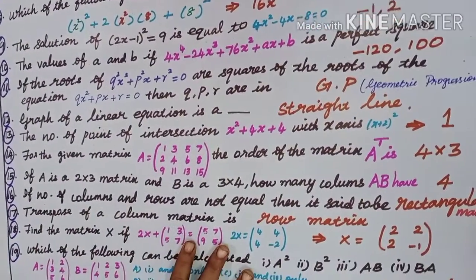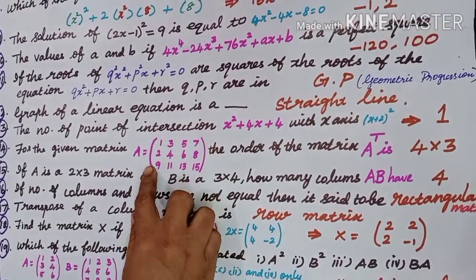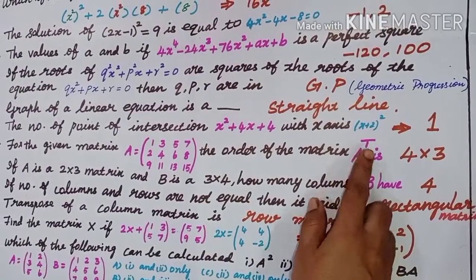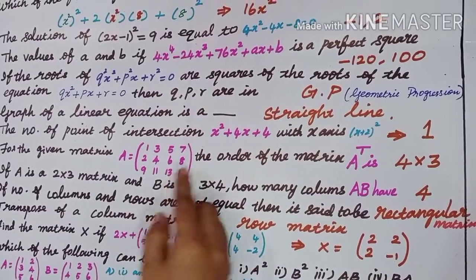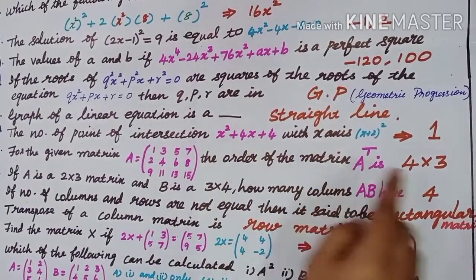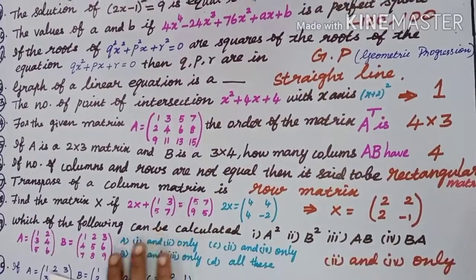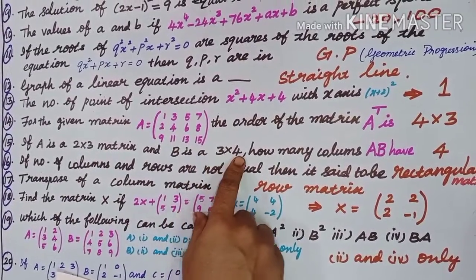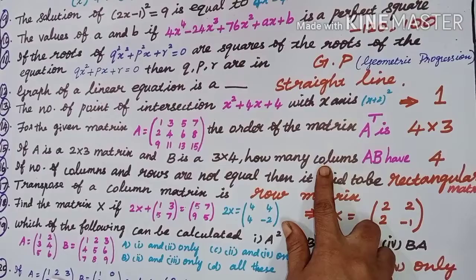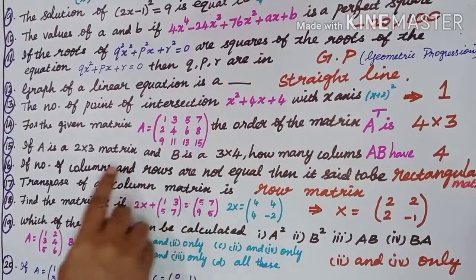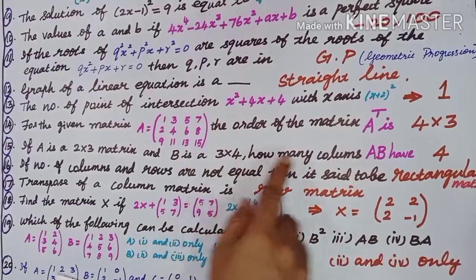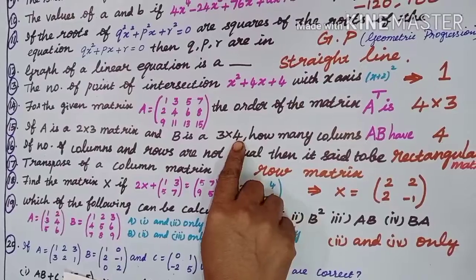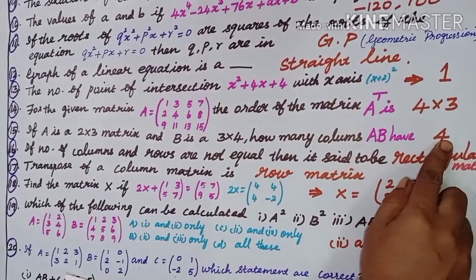We move to the 14th question. This is a given matrix A; you find out the order of the matrix A transpose. So this order is 3 by 4. So what is your A transpose answer? 4 by 3. So 4 by 3 is your answer. So 15th question: if A matrix order is 2 by 3, B matrix order is 3 by 4, what is the AB order of column? So AB has 2 by 4, what is the column? Answer is 4. The last value is your answer. The last value 4. 4 is your answer.